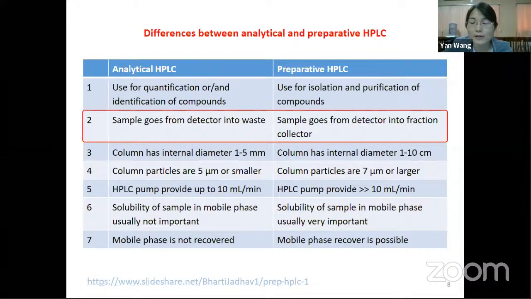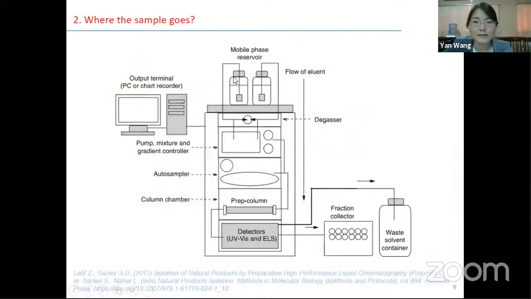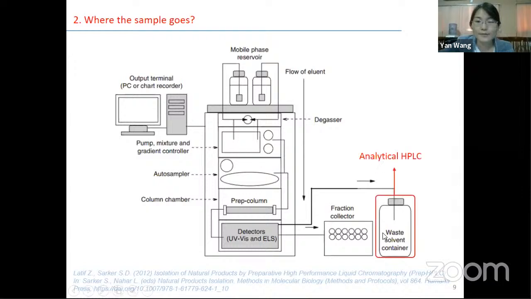That is a very tiny quantity, and we are not going to take that sample back from the waste. For preparative HPLC, the sample will be collected, especially the peak will be collected. If we check this image of the whole HPLC, including every part, and here, you check here,